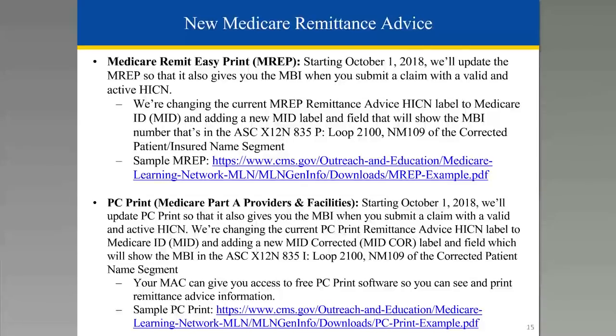CMS is really committed to making sure that the provider community gets the new NBI for their patients. As I stated previously, starting October 1st and throughout the remainder of the transition period, if you submit a claim with the HICN, we will return the NBI on the remittance advice. And there are several remittance advice ways that it is delivered to providers. We provide examples in the links in our webinar today, as well as our CMS.gov new card website. Whether you get a Medicare Remit Easy Print or a PC print, next slide please,